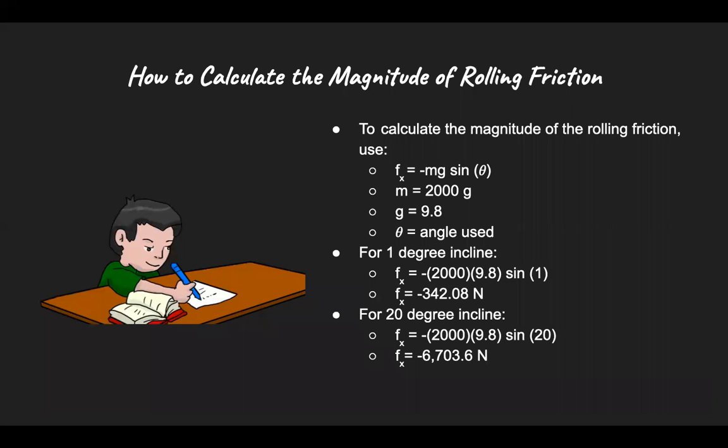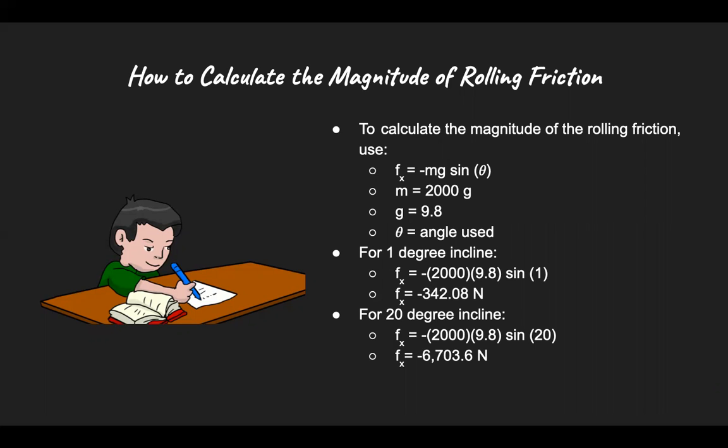After obtaining our graphs for both inclines, we then calculated the magnitude of rolling friction. The equation used to calculate the magnitude of the rolling friction was as follows: Fx equals negative mg sin theta, where m was the mass, g the universal gravitational constant, and theta the angle of the incline. The mass of the skateboard was 2,000 grams, the universal gravitational constant 9.8 meters per second squared, and the angle of incline 1 was 1 degree,